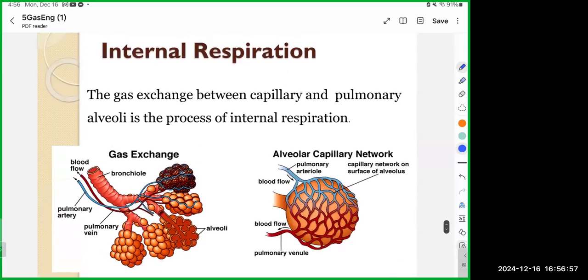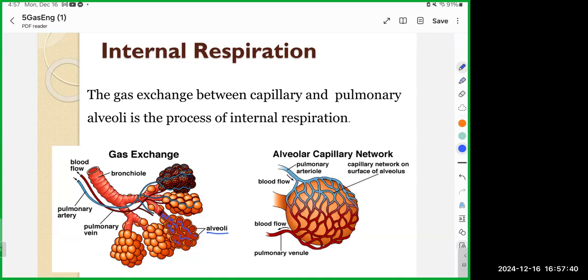It's about the gas exchange. You cannot leave your lung at zero capacity because right here, the subunit, the alveoli, needs air because it's like a bubble. It needs air to fill it. If there is no air, there will be no way that it can pop out. Okay, it will be flat.